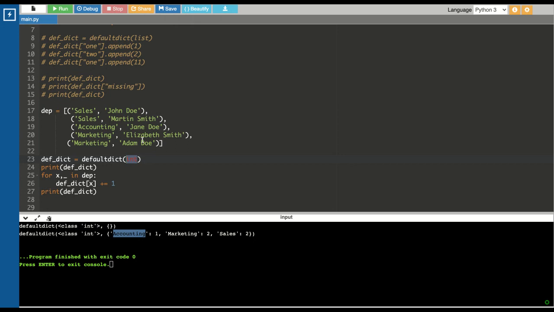They are not lists, unlike in our previous example. Whenever we get a key, we increase that value by 1. So this is how you can use defaultdict to group your elements and know the count of the values for each key.